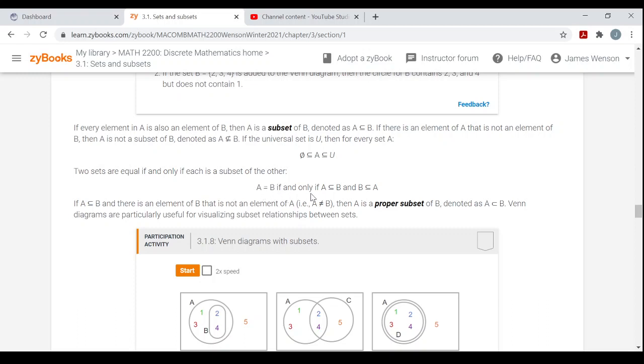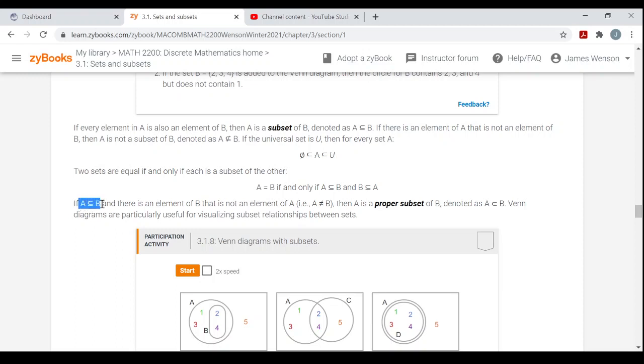A equals B if and only if A is a subset of B and B is a subset of A. And think about that. That means that every element of A is an element of B, and every element of B is an element of A. So therefore, they'd be equal. And one more definition. If A is a subset of B, and there is an element of B that is not an element of A, so meaning A is not equal to B,